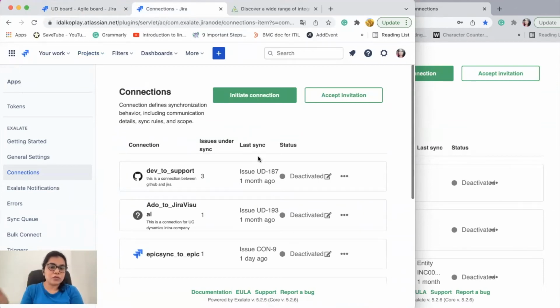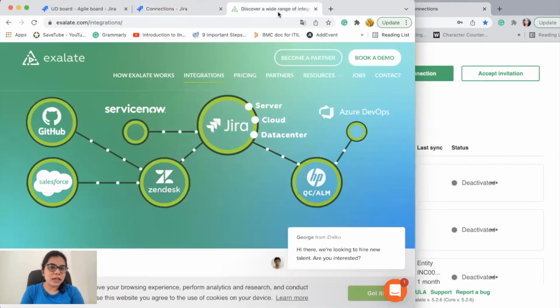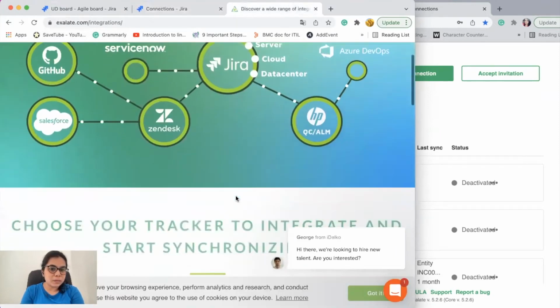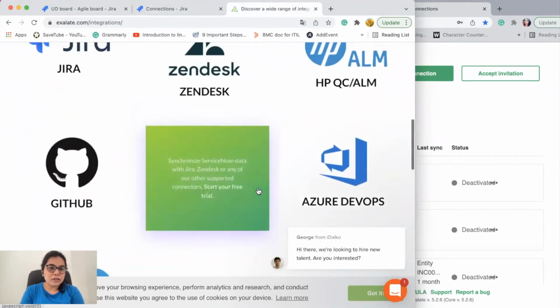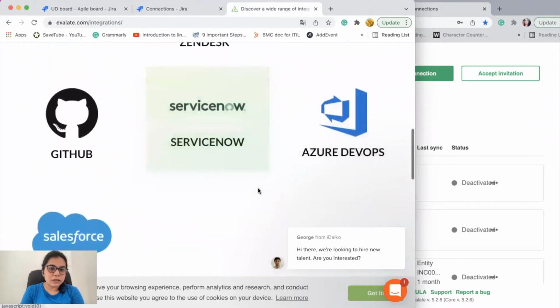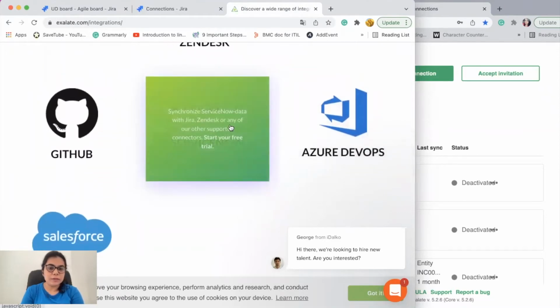Now, if you want to do the same thing on the ServiceNow side, you have to visit the exalate.com integrations page. And here, if you scroll down, these are the different trackers that Exalate supports. You click on ServiceNow from here and fill out a form.